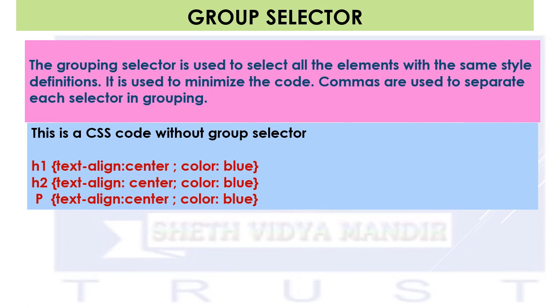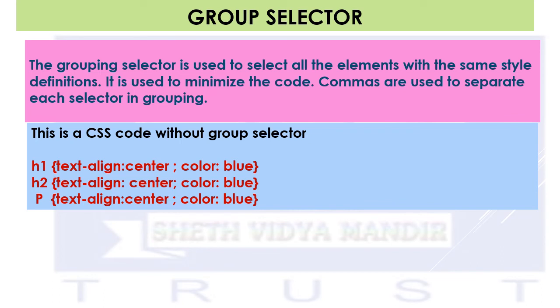Now see, without a group, if I want to use the selector, this is a simple example. Without using a group selector, how will it look? I am using the H1 tag, the H2 tag, and the paragraph tag here. So these are the selectors, that is H1, H2 and P. In that you can see the same type of properties are given. This grouping can be made only with similar types of properties and values. That is very important to know in the group selector in CSS.